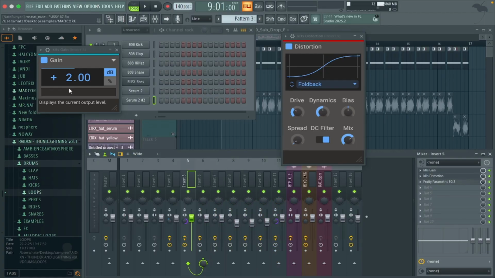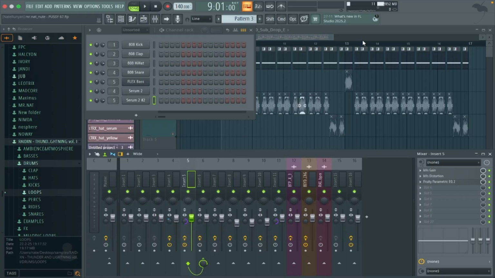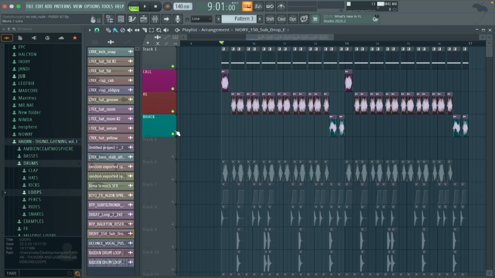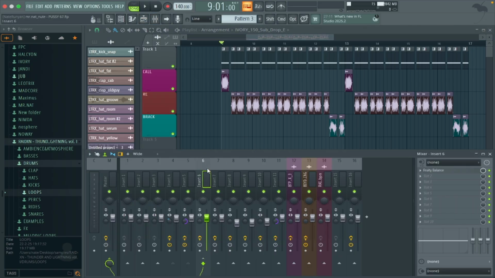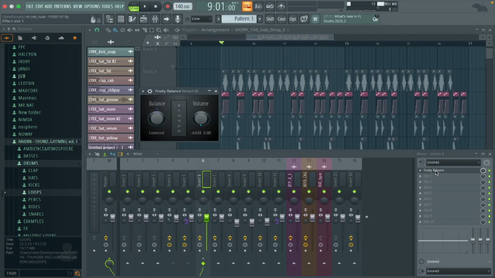So this is bumped up to +2. The drive is 2.8, 70% on the mix. So you get this, which the synth and the sub go to a sidechained layer inside the mixer, which is on 6, which is on the Fruity Balance,